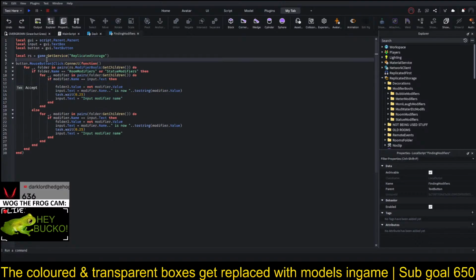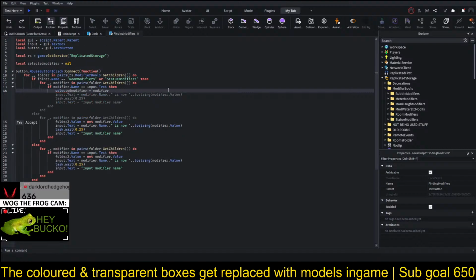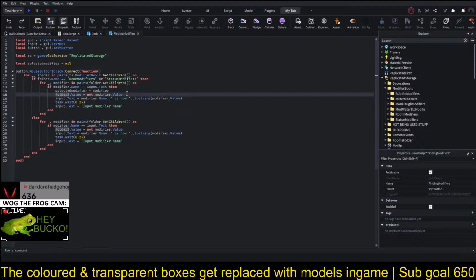And then we're going to have local selectedModifier equals nil, and then in here we're going to have selectedModifier equals modifier, and then we're going to have, oh wait, this needs to be modifier. And then we need to do